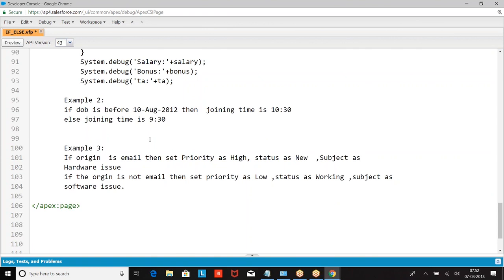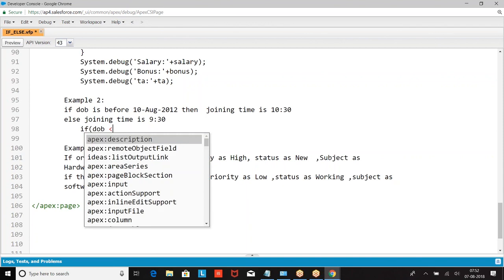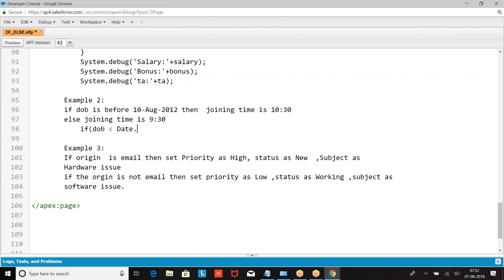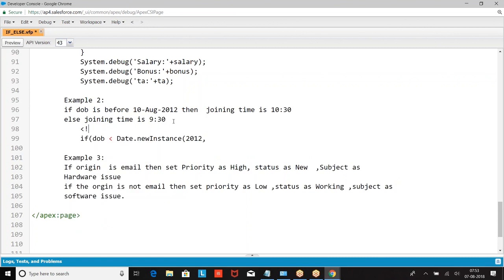First one, how do you define it? If date of birth is before, that means less than date dot new instance of 2012, August which is 8, then 10th.